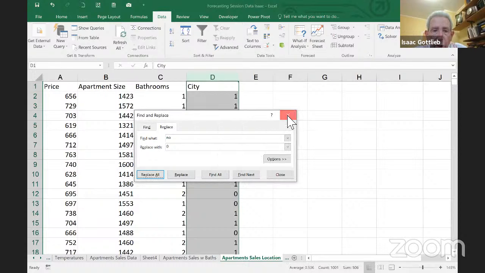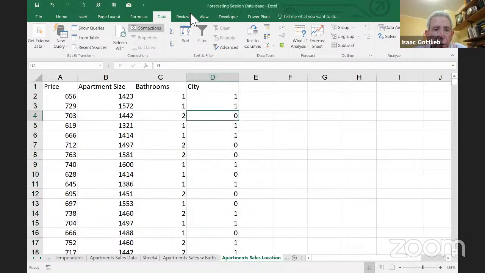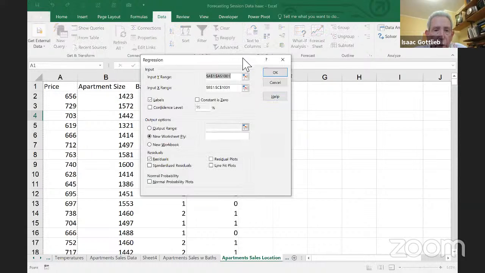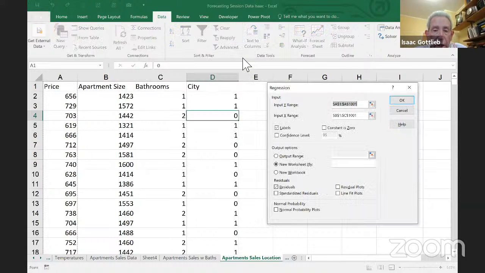So basically, I'm going to add a variable. It's very simple. You just go to data, data analysis, regression. Now you don't have to select everything. You're forecasting everything in column A. The only thing is you have to add column D here. So now I have 3 independent variables and 1 dependent. Dependent is the one I'm trying to forecast, the price. And when you say OK,